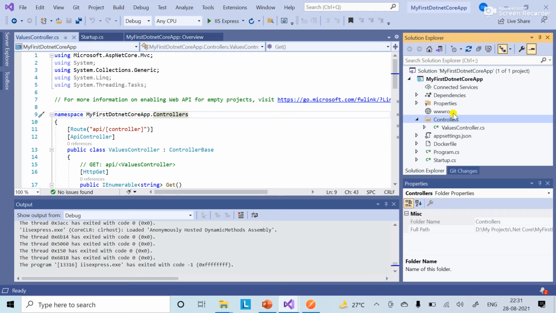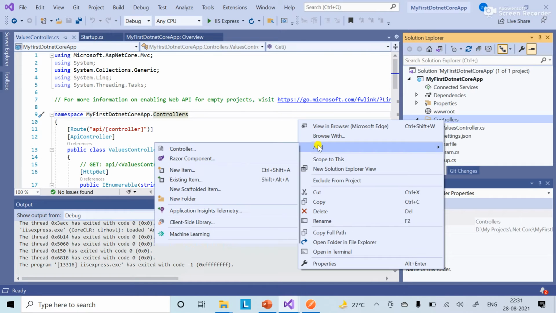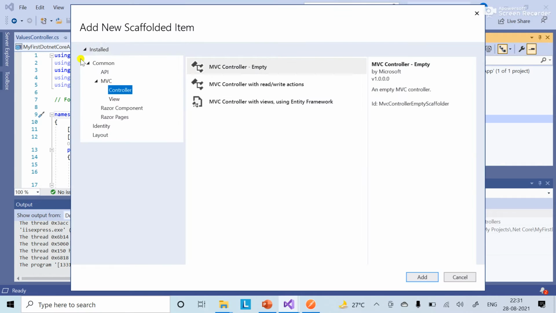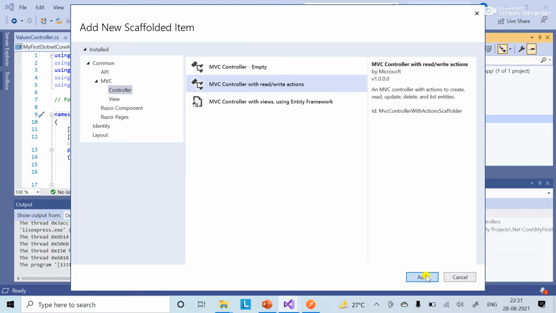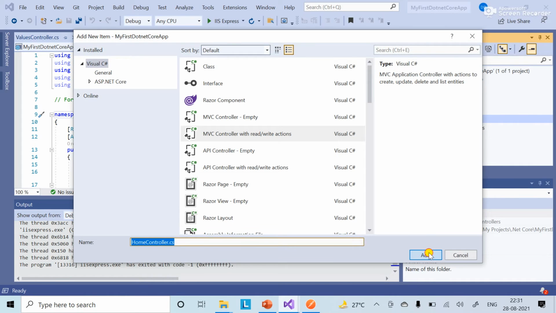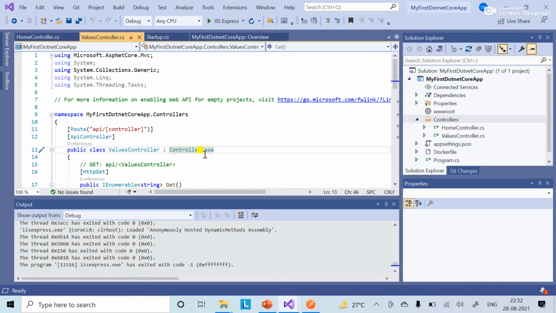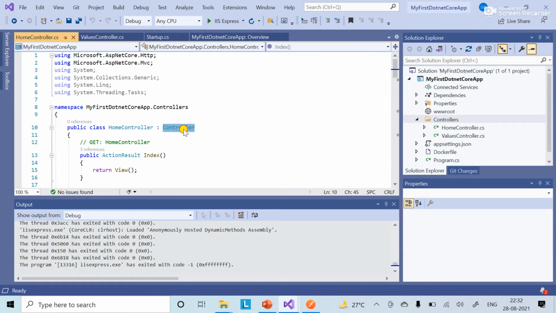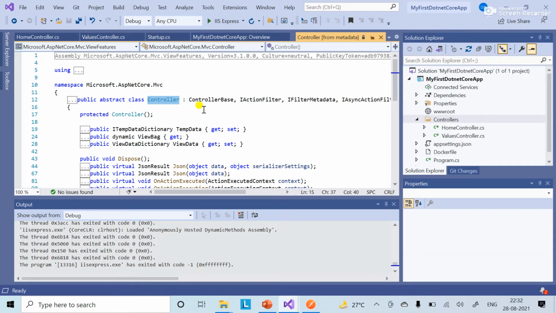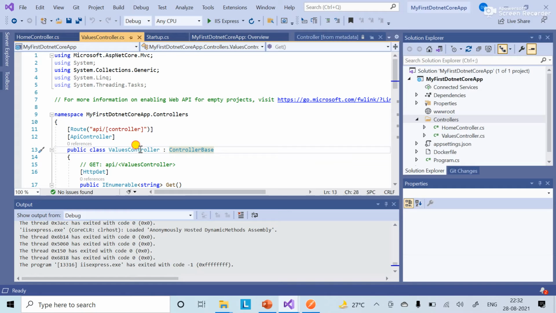I'll show you. I have to click on Add and Add Controller, and this time let me create an MVC controller. Let it be the Home controller. Okay, Home controller is being added. You can see this is inheriting from the Controller class, and the API controller is inheriting from the ControllerBase class. If we go to the definition, you'll see this is the same ControllerBase class which is being implemented by the Values controller.